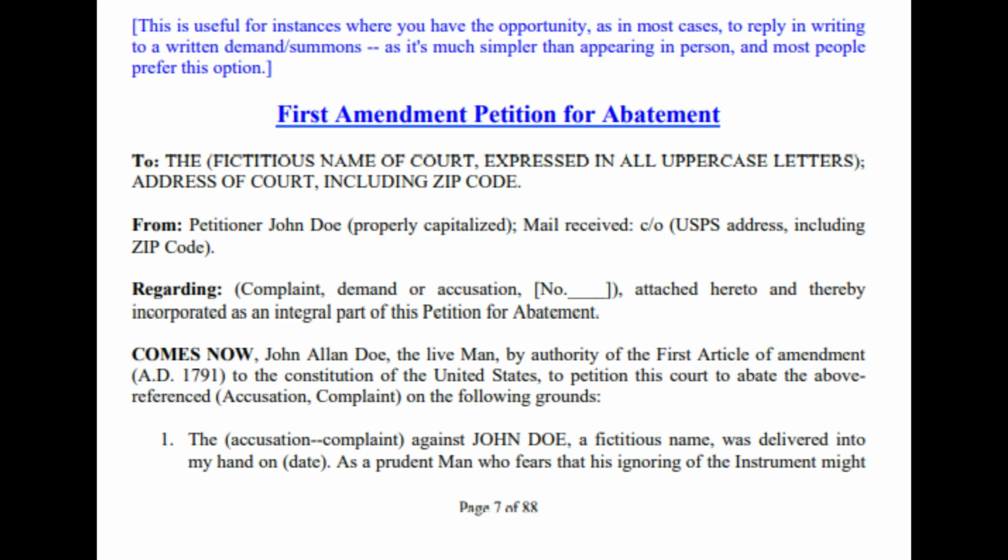So that's going to be whatever the case number is, attached hereto and thereby incorporated as an integral part of this petition for abatement, comes now John Allen Doe, the live man, by authority of the first article of amendment, AD 1791, to the Constitution of the United States, to petition this court to abate the above referenced accusation complaint on the following grounds. Number 1. The accusation complaint against John Doe, a fictitious name, was delivered into my hand on date, as a prudent man who fears that his ignoring of the instrument might